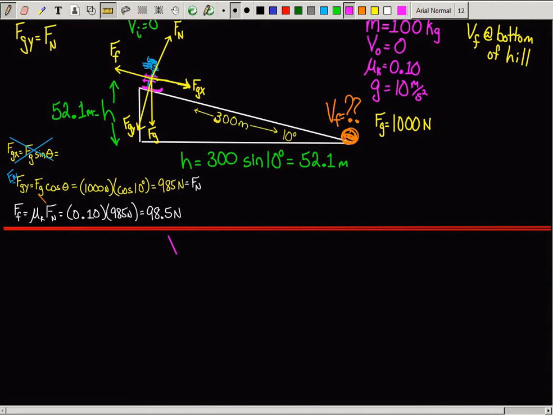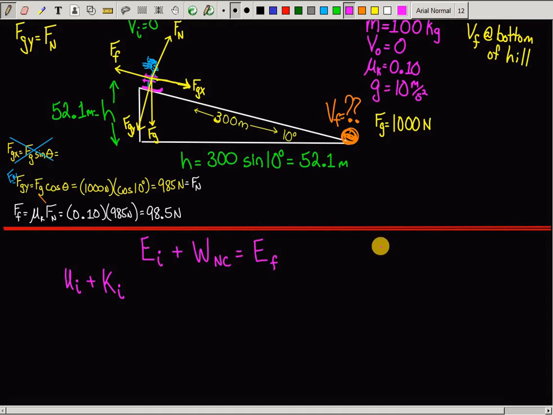So we know that the total energy in the beginning plus the work non-conservative will equal the total energy at the end. Now the energy in the beginning is the sum of our mechanical energies. So we have kinetic and we have potential energy. So if I take the potential energy initial plus the kinetic energy initial, and we look at the work non-conservative,